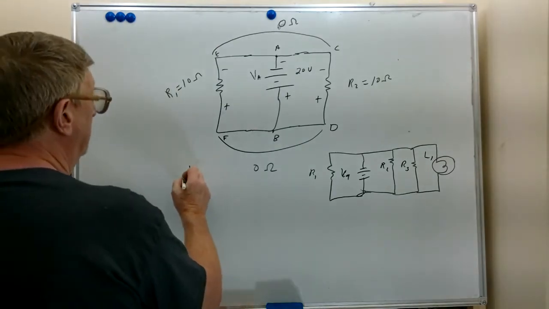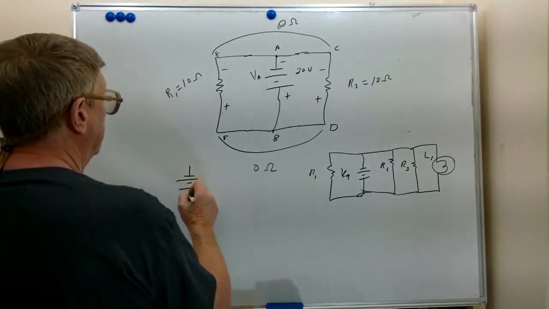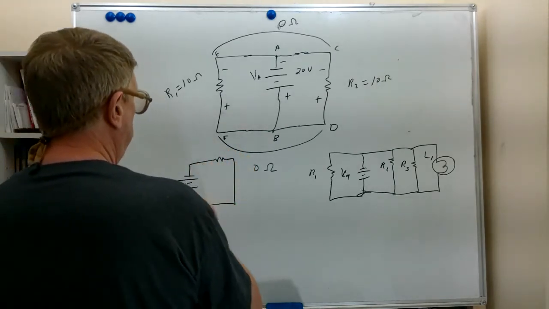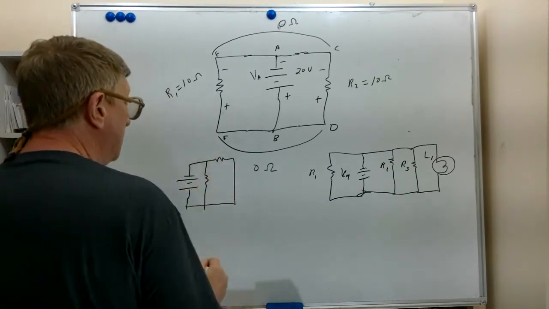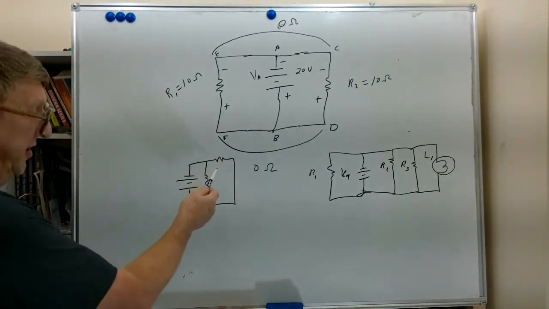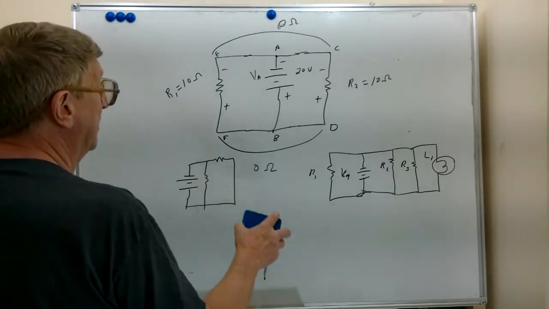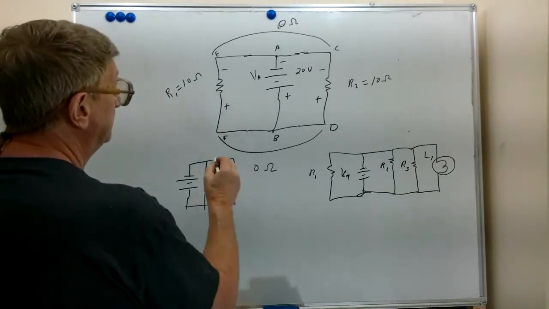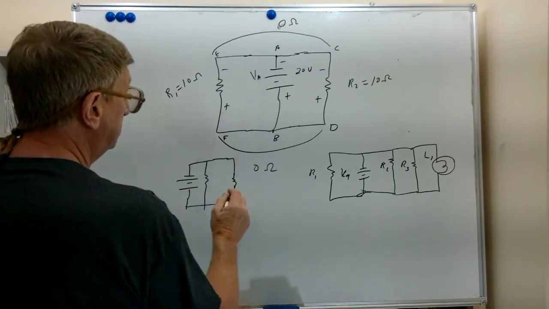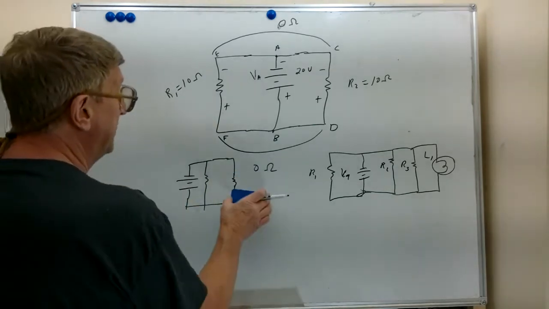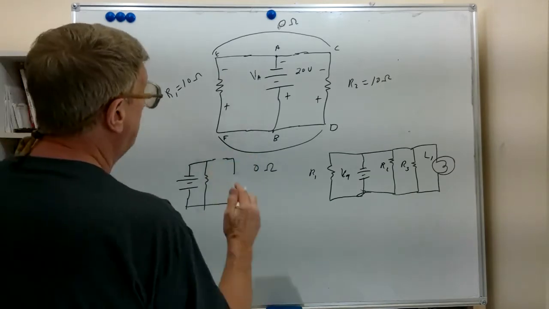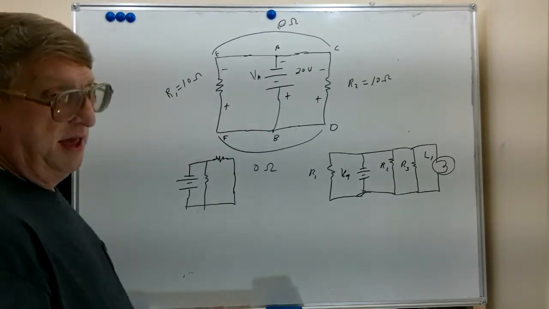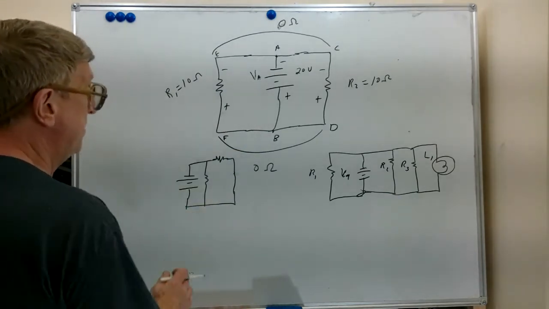If the diagram was drawn like this, and we had a resistor here and a resistor here, these would still be parallel connections, even though it looks like 90 degrees, because this circuit would change none if we put the resistor down there. So really the important consideration about a parallel connection, and if you have to analyze a circuit, they may be drawn where it's difficult to really see like it is here,